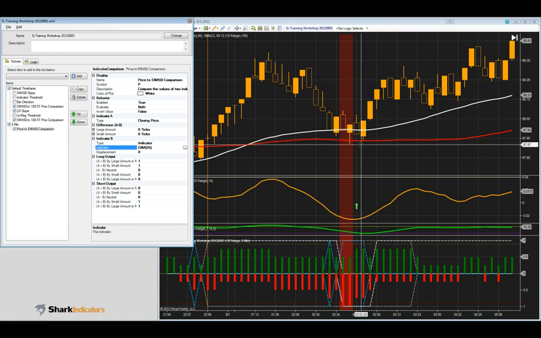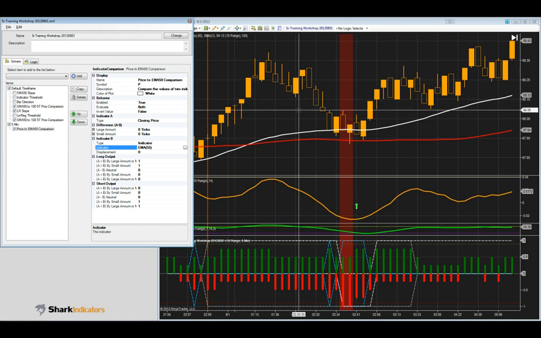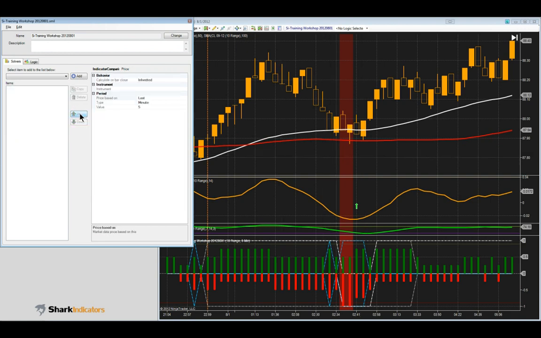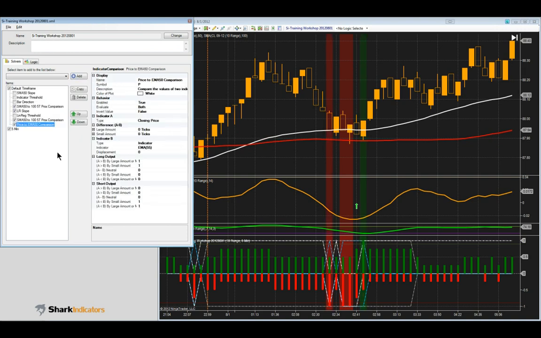Let's see. Yeah. Great, Ken. You're saying wait till linear regression turns up. You know, we can see that we need some other kind of rule, some other kind of filter, so that we don't take a short here. Oh, how about, here we go. This will work. So I'm just going to move this solver up, and I'm going to compare price to